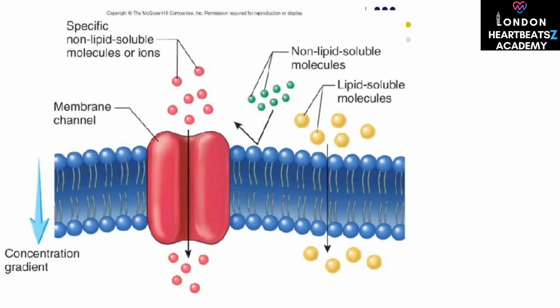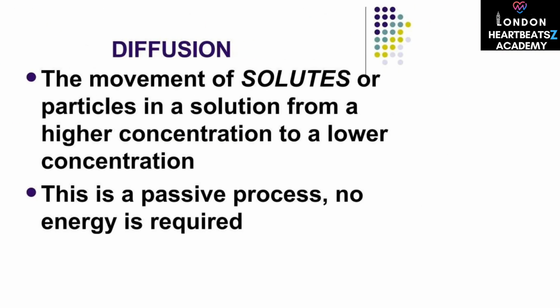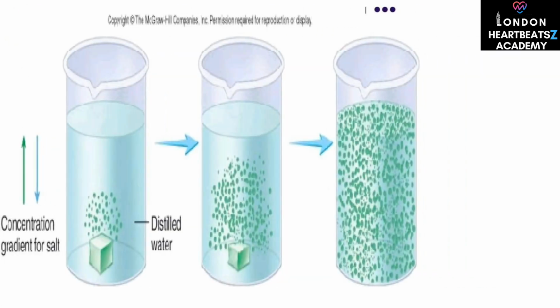This diagram illustrates the transport of different molecules and ions across the cell membrane, often aided by membrane channels based on concentration gradients. Diffusion is the movement of solutes or particles from a higher concentration to a lower concentration. This is a passive process that does not require any energy. Here we see an example of diffusion, where salt particles in distilled water gradually spread out until they are evenly